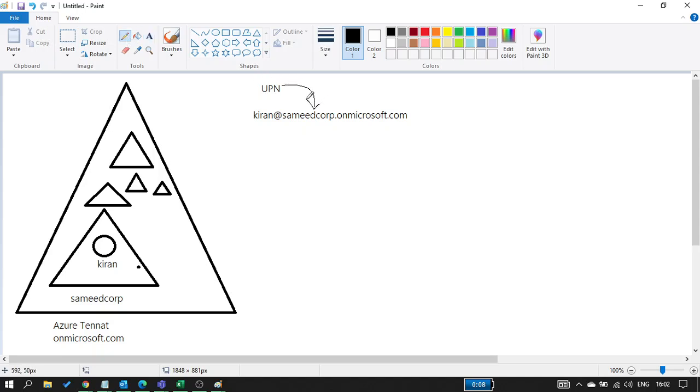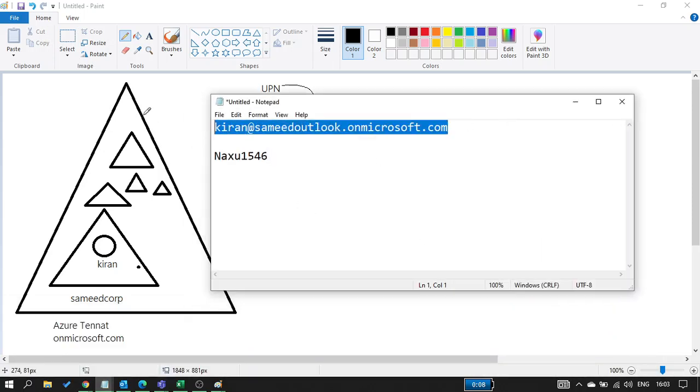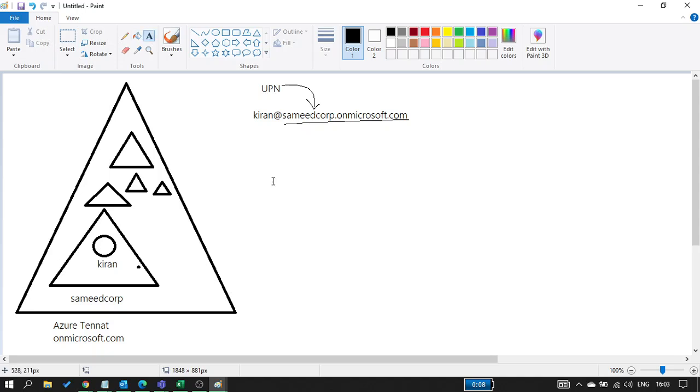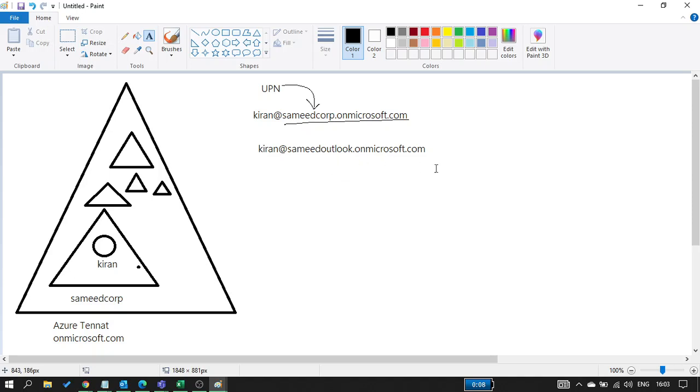Can we change this weird name, onmicrosoft.com? Yes, we can change it. I'll show you later on. So if you just see, I have created one user for Kiran. This is what I have created, right? This is Kiran at Submit Outlook onmicrosoft.com. Why did this Submit Outlook come into the picture? Why is it not